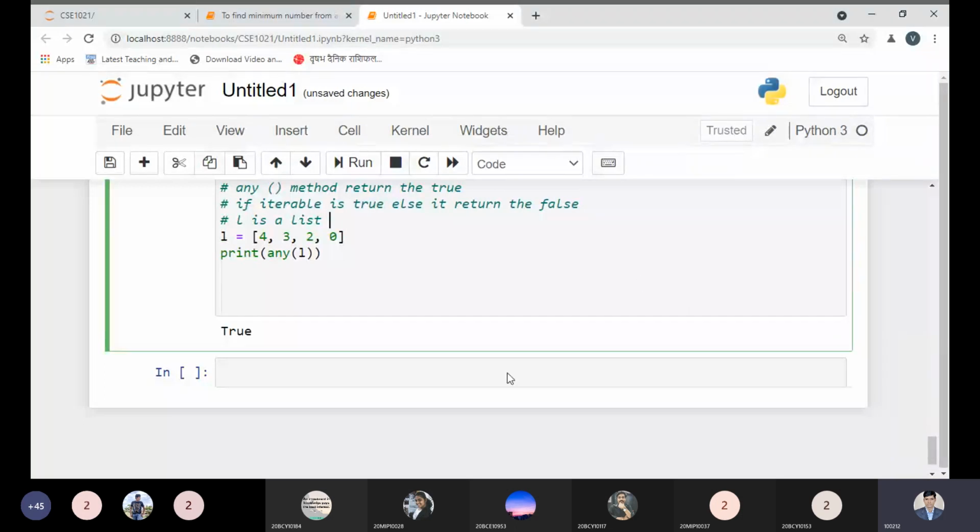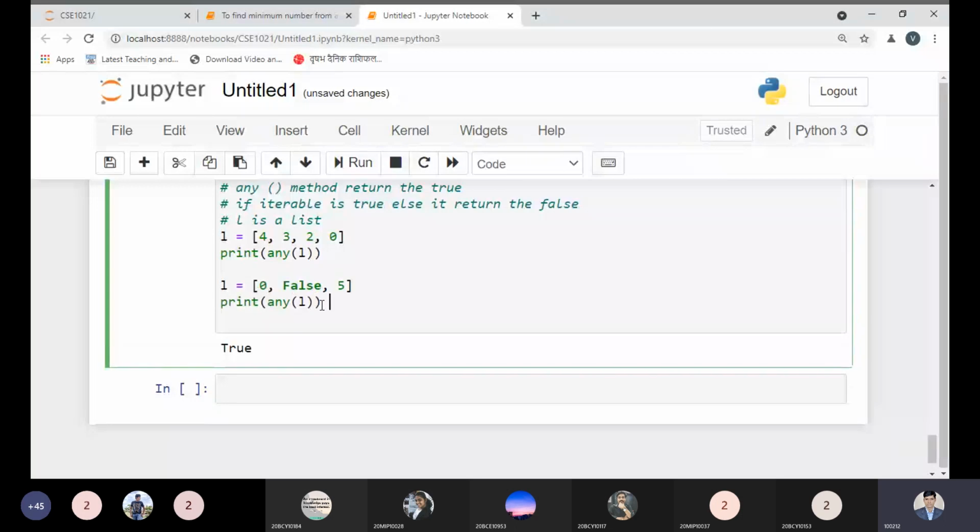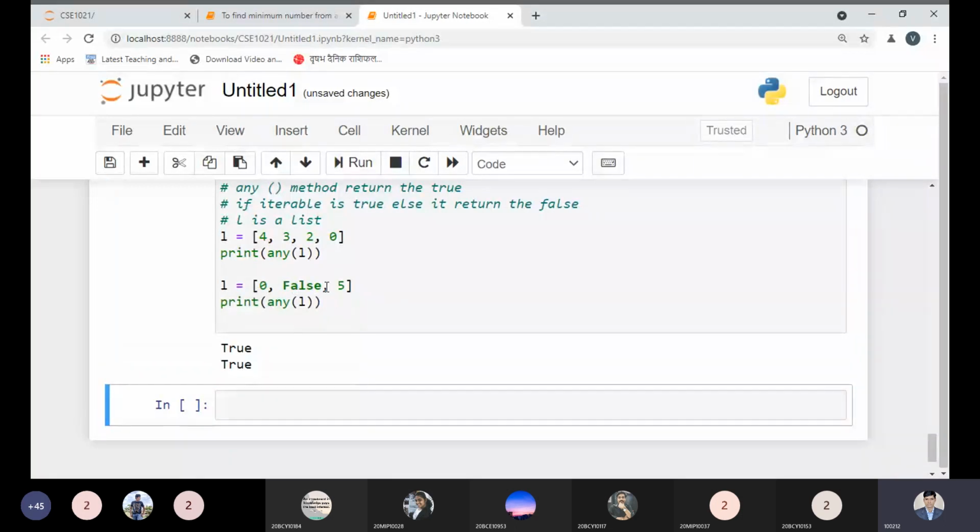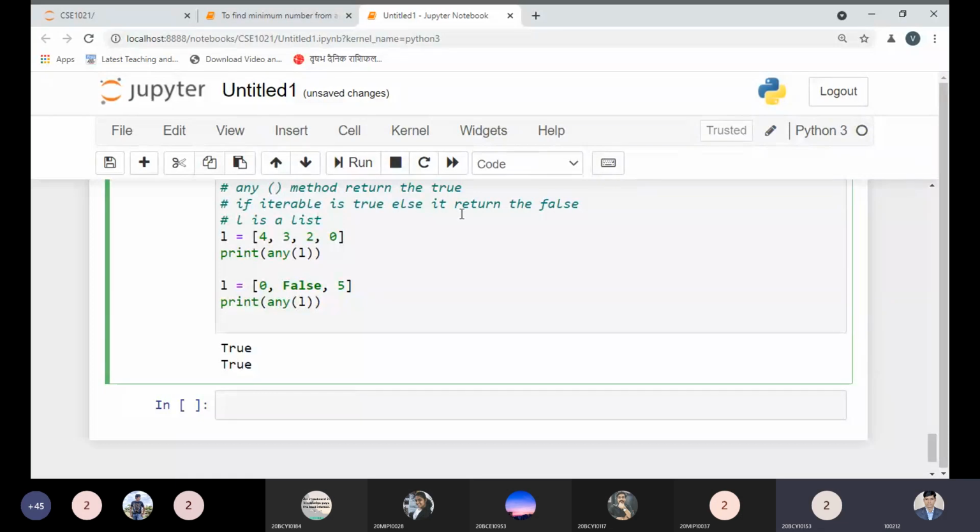Let us check this concept here. Let me take an example, and see, here we are using false. The any method returns true if any value in the iterable is true, else it returns false.